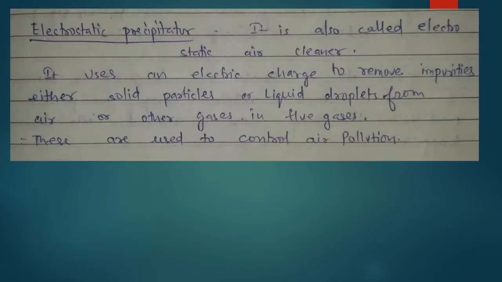Now the term electrostatic precipitator. An electrostatic precipitator is a device that is used to clean the air coming from the boiler after burning the fuel present inside it. It is utilized to reduce the dust particle content in the exhaust gases, also known as flue gases. We use electric current to reduce the dust content of the flue gases.